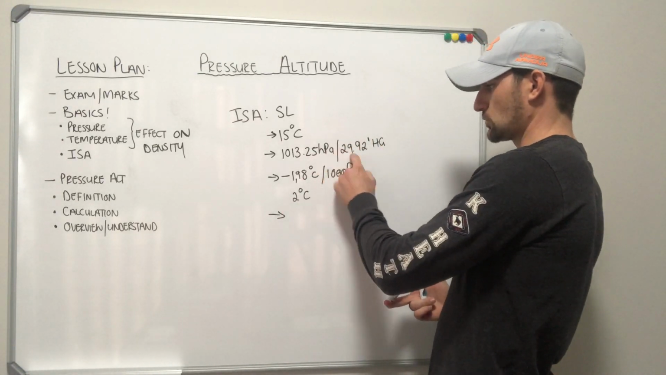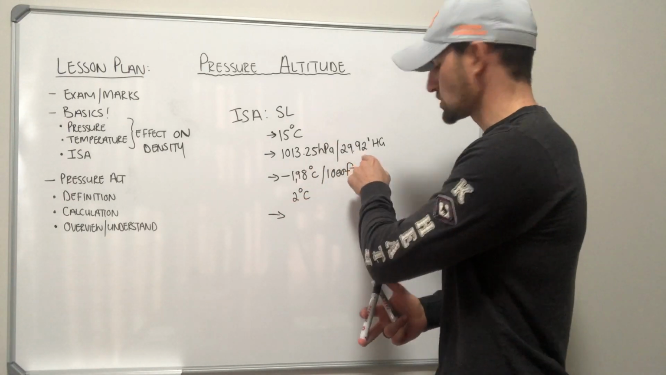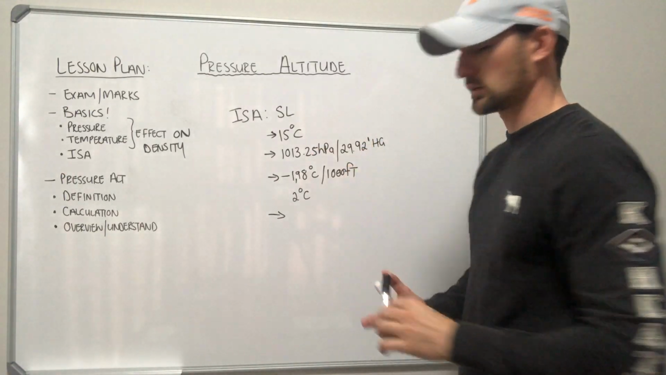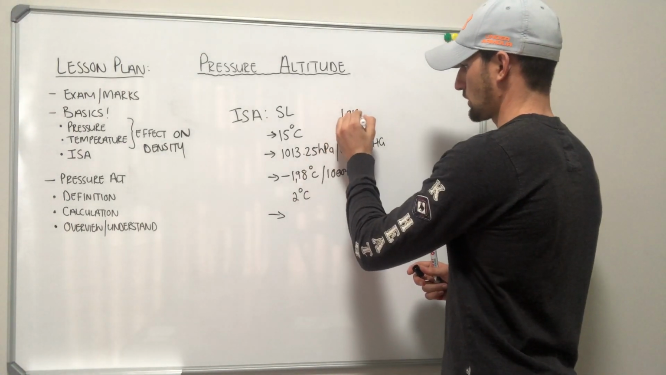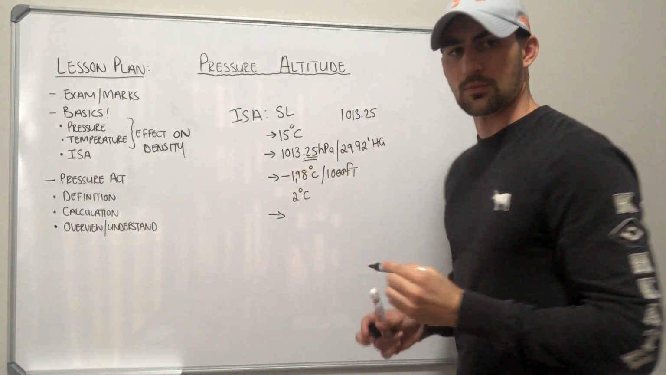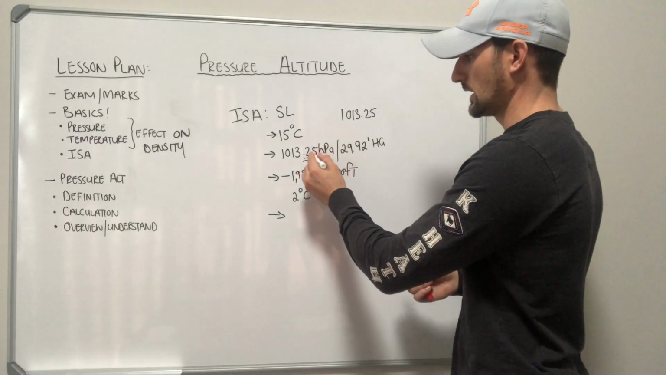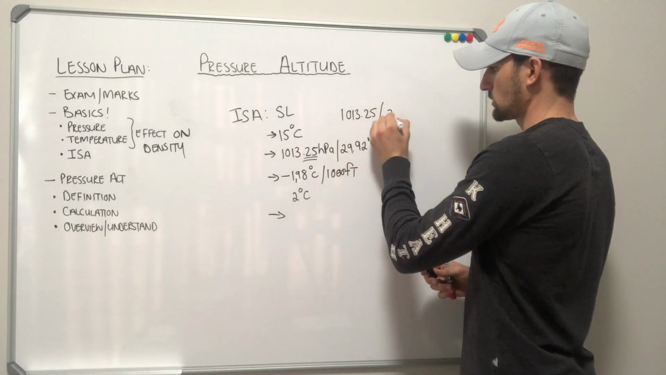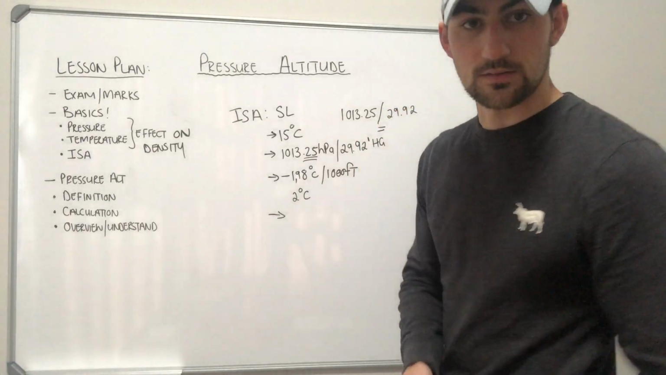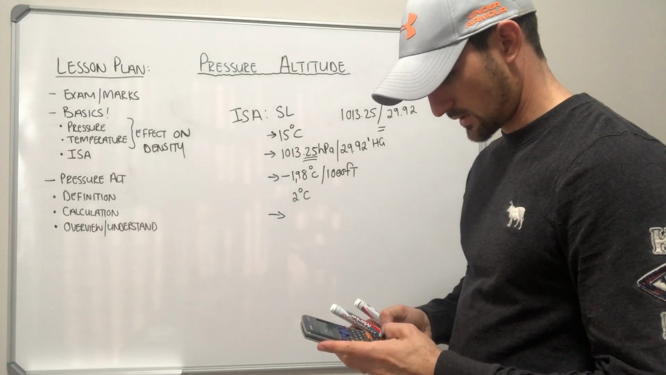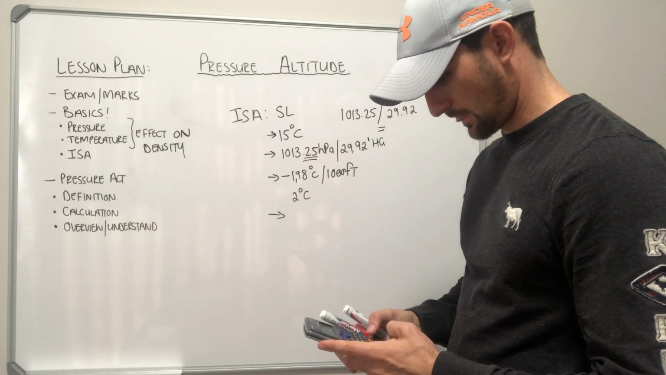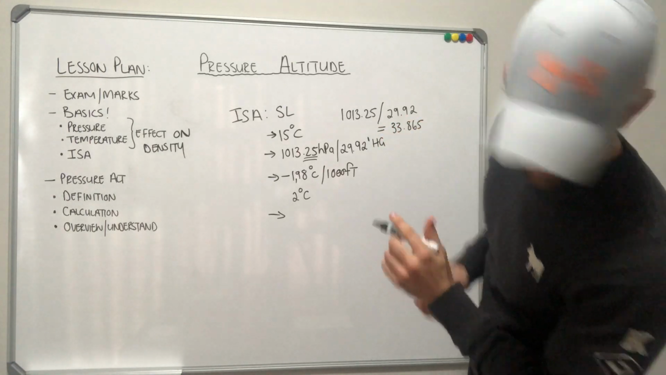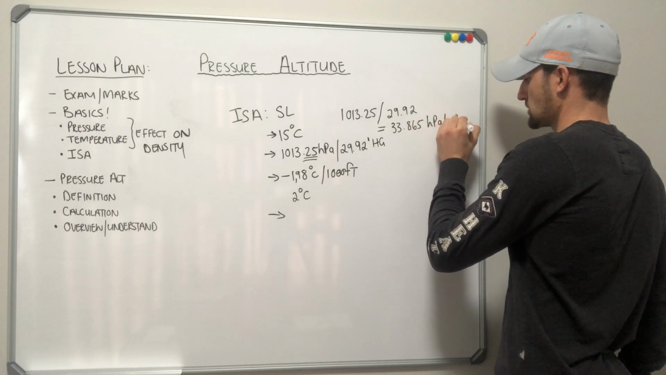Then another thing, you need to be able to go in between these as well. They might give you inches of mercury in the exam and you need to convert that into hectopascal, or they'll give you hectopascal and you need to convert it into inches of mercury. Now it's very easy. I forgot to tell you that for PPL, don't worry about the 0.25 for pressure altitude calculations. For CPL, ATP, use the decimals. For PPL, you can just use 1013. But anyway, 1013.25 divided by 29.92 gives you 33.865